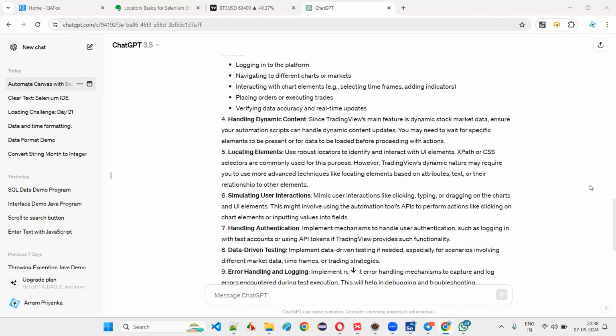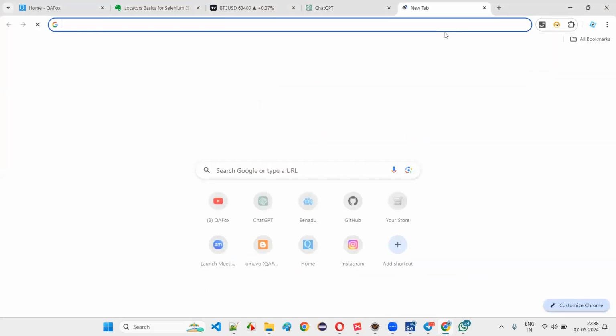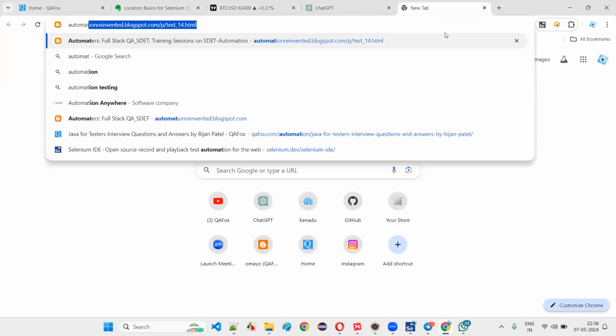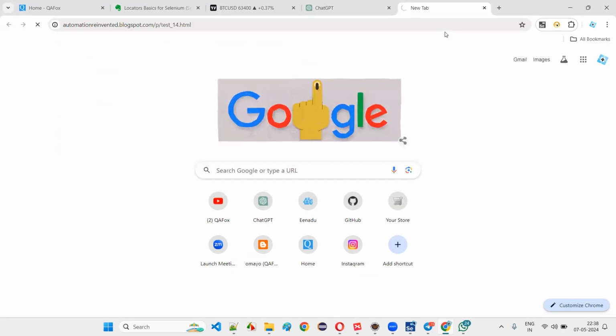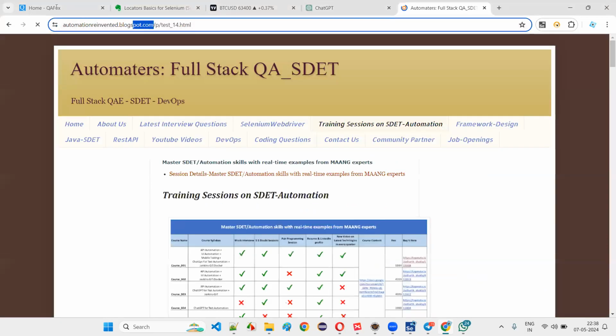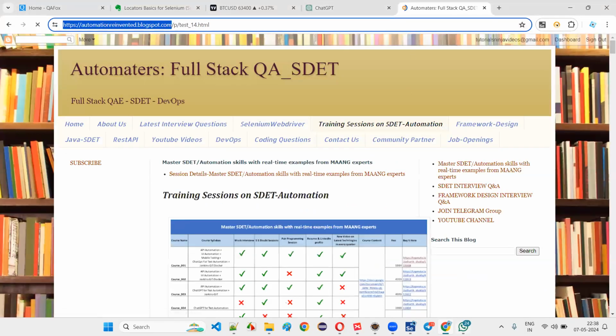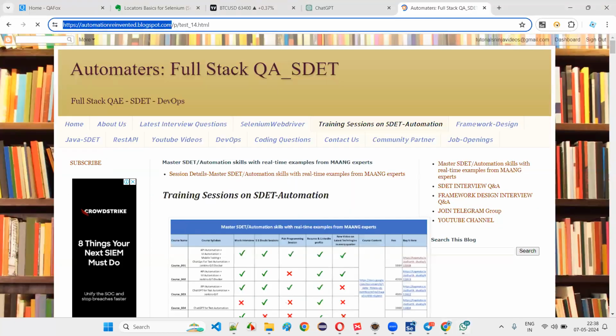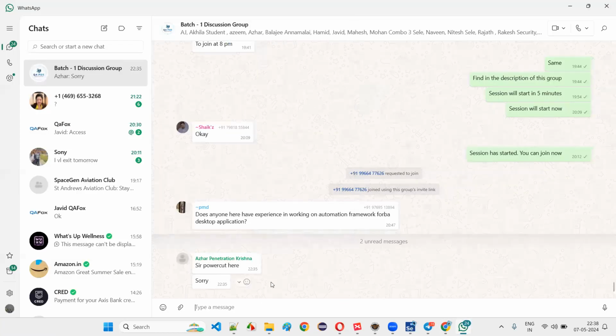Got it, Rahul? Yes. Okay, sir. I'll try to arrange one session from an existing SDET role person in the coming days. And if you want to know what exactly SDET skill set is required, you just follow this channel, Automation Reinvented, Automation Reinvented.blogspot.com. I'll post this in the WhatsApp group. Yesterday also I posted, I guess. So since you have joined today,